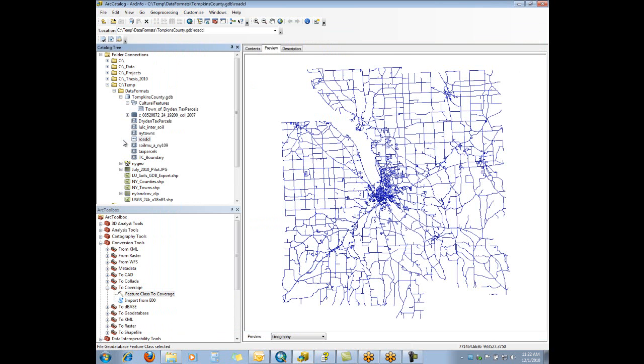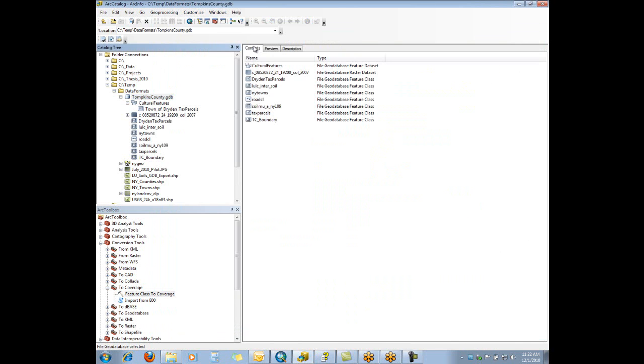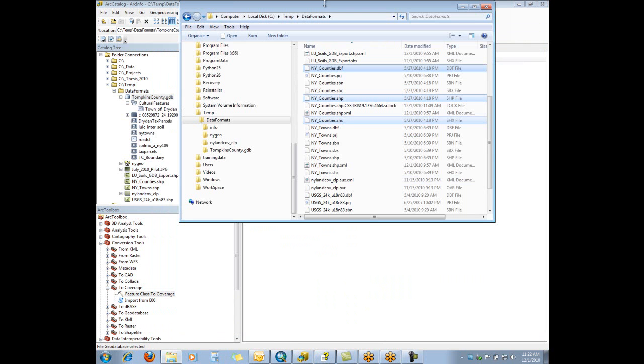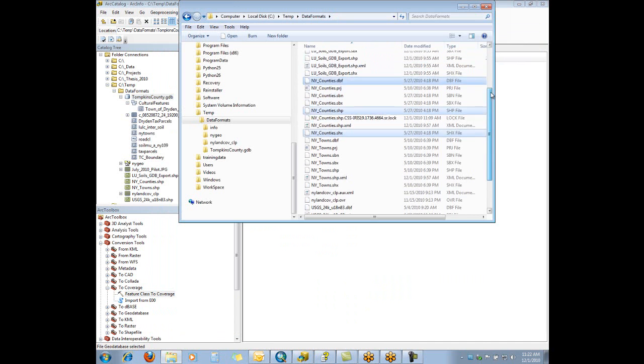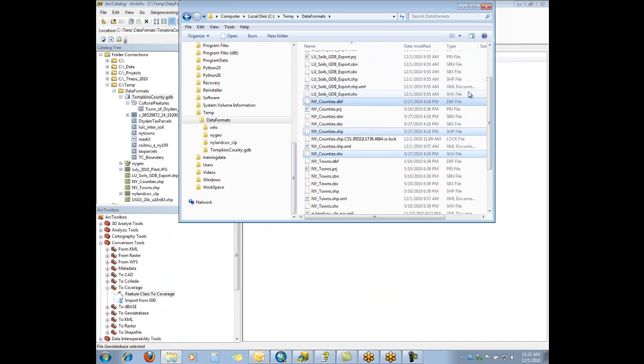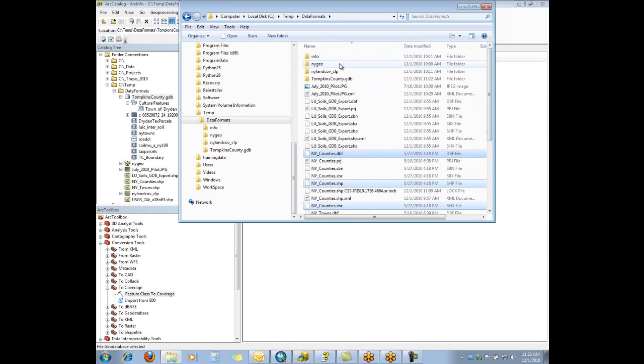But what does it look like on the hard drive? What does this structure that we see over here look like on the hard drive? We'll come back to our Windows Explorer and scroll up a little bit so we know where the shapefiles are. And up here, this is the file geodatabase. It is a single folder or directory, and it always has a GDB extension on the folder. And if we open it up,